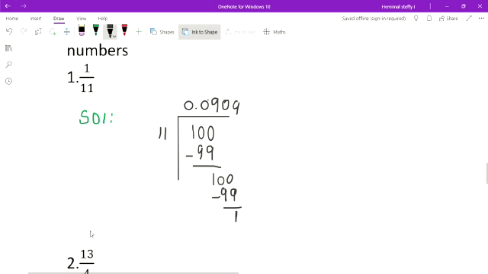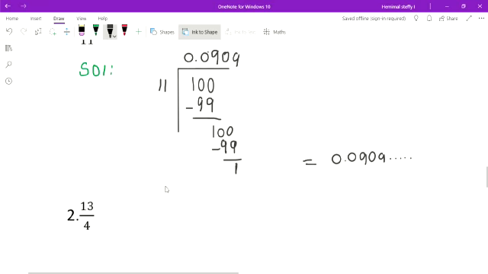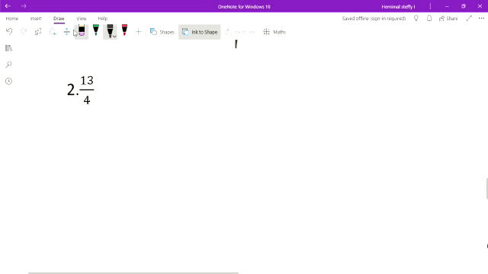What is the decimal number of 1 by 11? I'm going to write it there because we do not have the place. So it is equal to 0.0909 etc. That means the same numbers will repeat. Okay, is it clear? What is the decimal of 1 by 11? Second sum will also be like that.